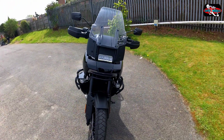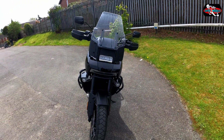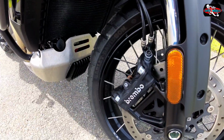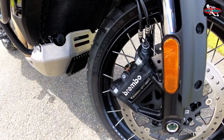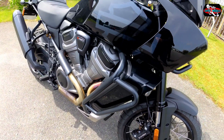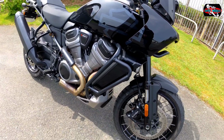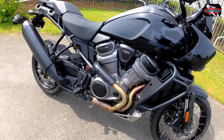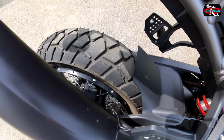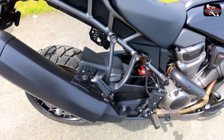Double disc radial mounted monoblock 4-piston calipers with ABS. The wheels are aluminium cast, satin black. It's got Michelin Scorcher Adventure radial tyres on. The dry weight of this bike is 229.1 kilograms, and the seat height is adjustable, goes